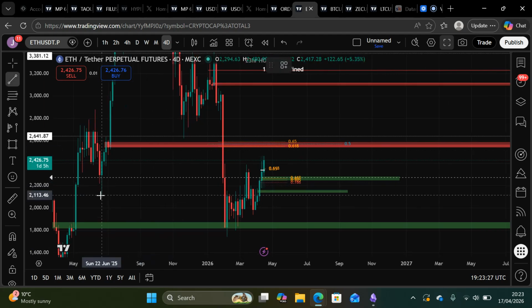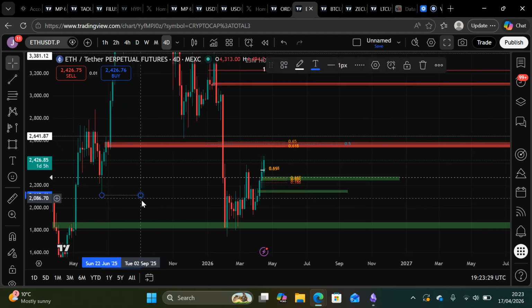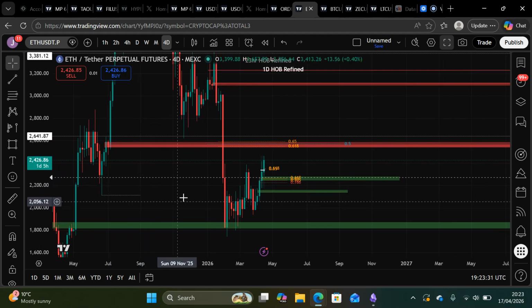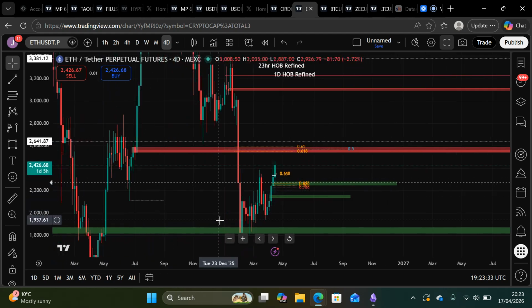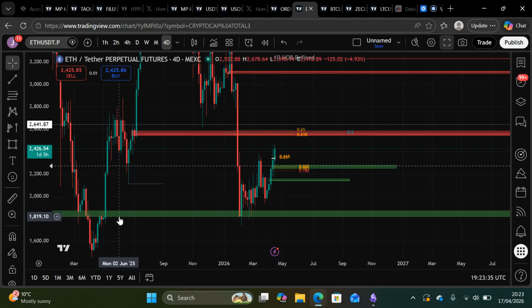If we have a look here, we have our previous swing low. That's our previous swing low here. And let's say we get down to this level. First of all, I bought spot down towards here on ETH and a couple of the cryptos. I'm probably going to sell some spot just up here because we could possibly run down to 44K with Bitcoin, but I'm not going to break that down now.